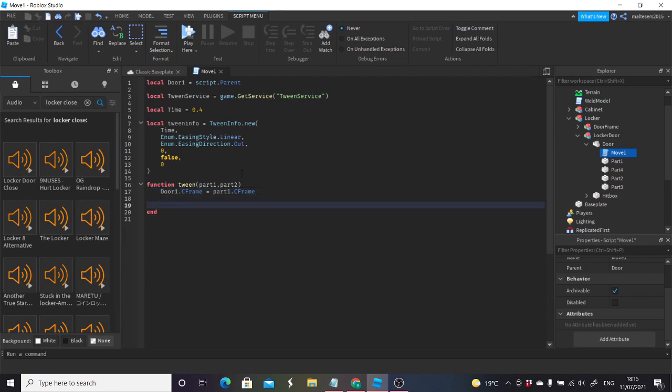We're then going to go, is it in there? No, now go enter, local tween equals tween service colon create, and then inside this we want to do door 1. Then we're going to go comma,